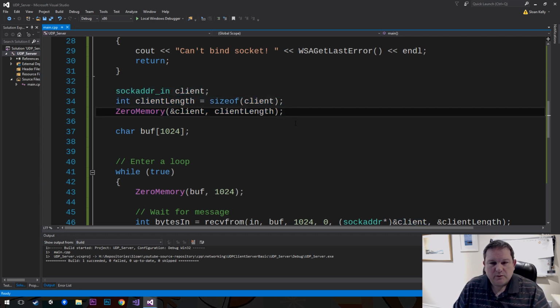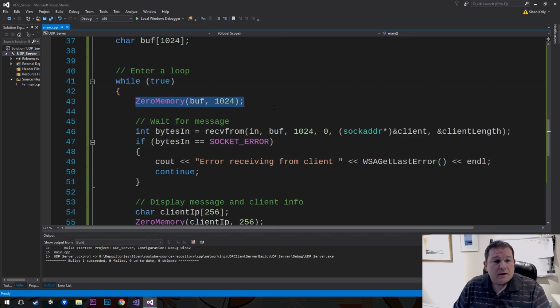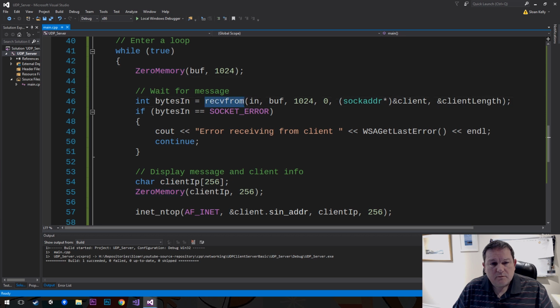Or at least it will be when we go down a little bit. Sorry, we want to zero the memory in there. And then once we've zeroed the memory, we can then receive